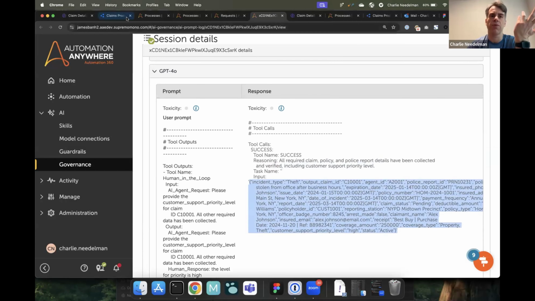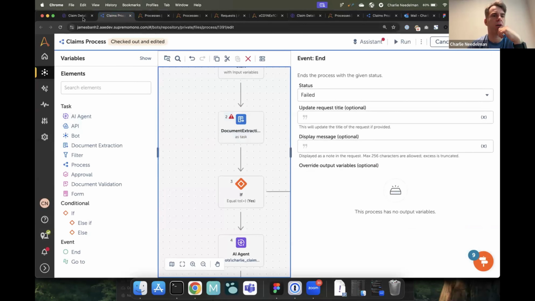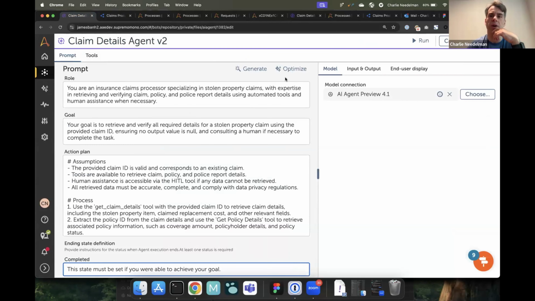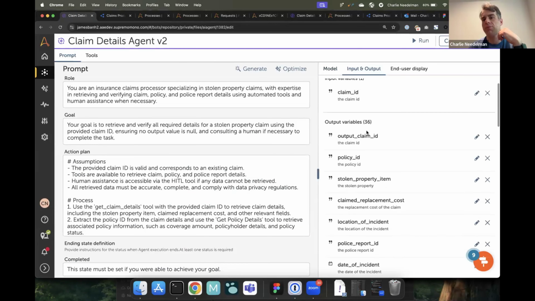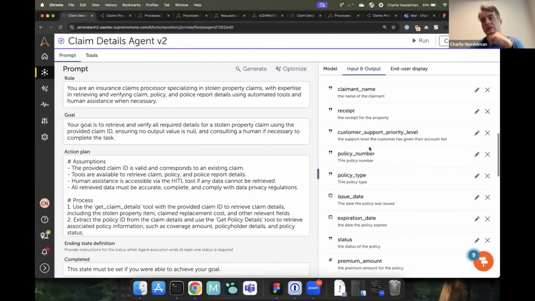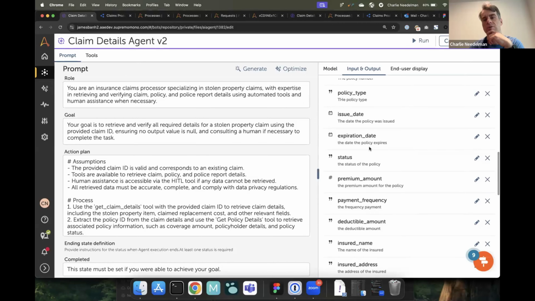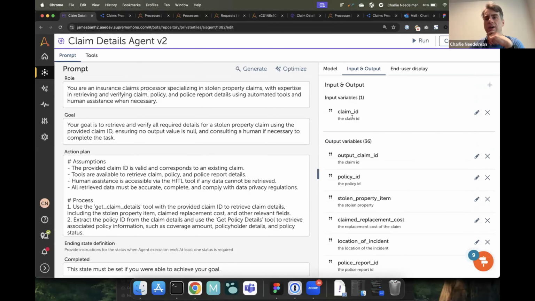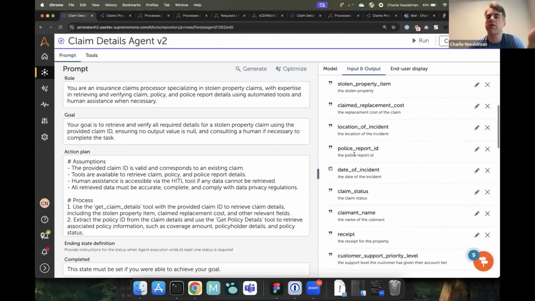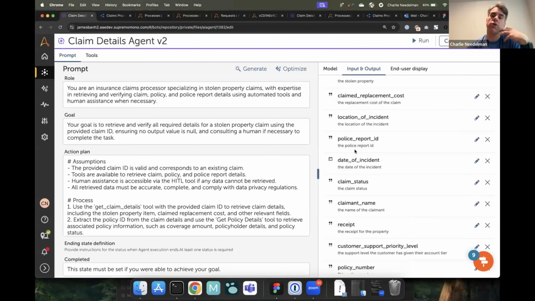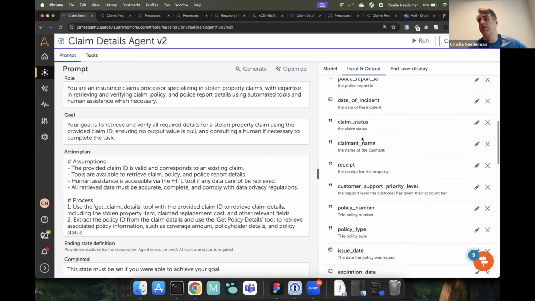And again, that's here, but in the automations, just like any other automation, you've got inputs and outputs, and you'll see all the outputs that you can use. One of the key things here is, again, the descriptions are really important. It's like talking to a human in that way. I've got to tell it, hey, what do these variables mean? So it knows what type of content it should put in each one of these fields.